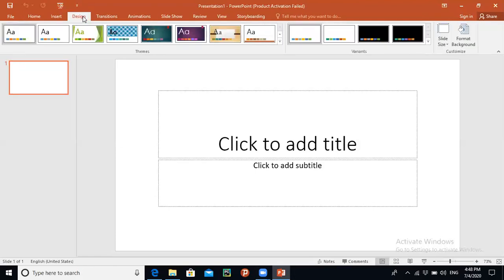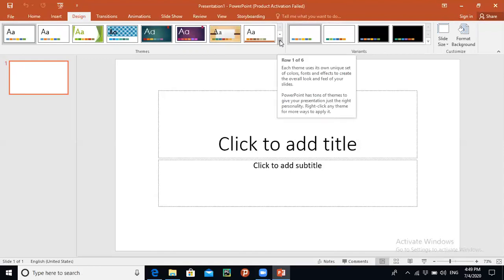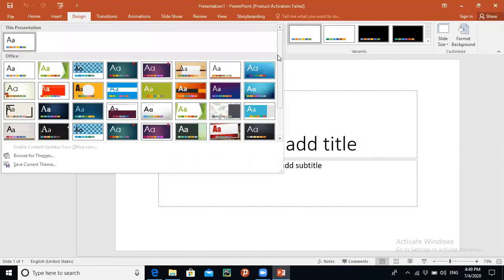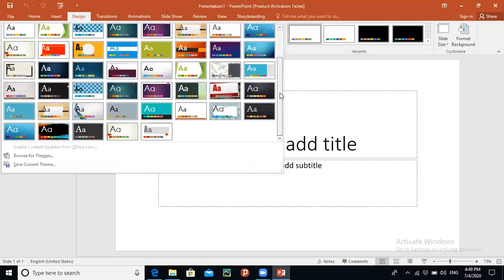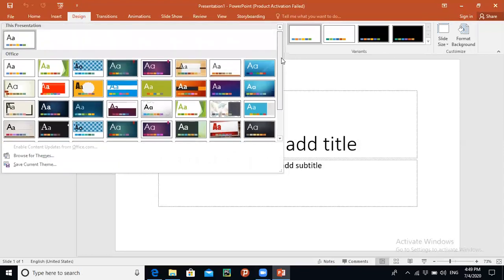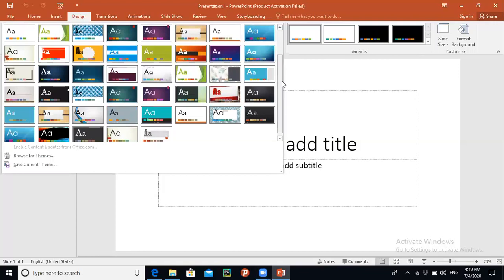Okay, first of all, I'm going to the design tab so that I can select a suitable background for my PowerPoint presentation. You can see some designs over here, and here we have some more options. I'm clicking on this option for more designs. Here I have various designs, and I can select from these. If I don't want to select any design from the given templates, we can also search online for different types of designs available for PowerPoint presentations.